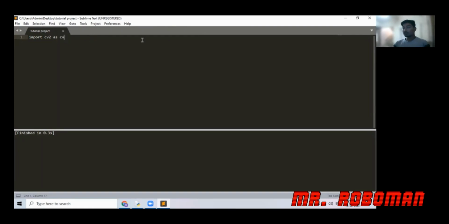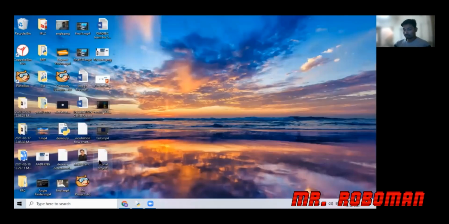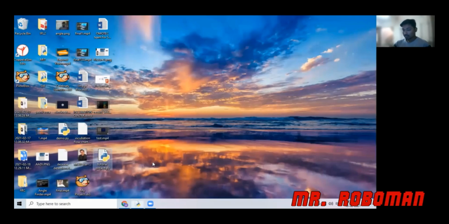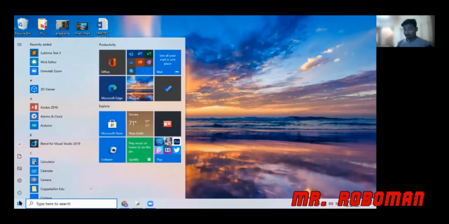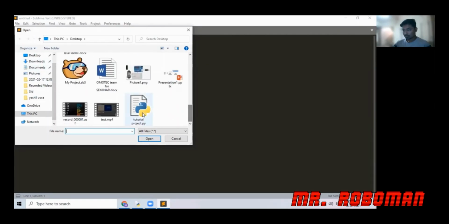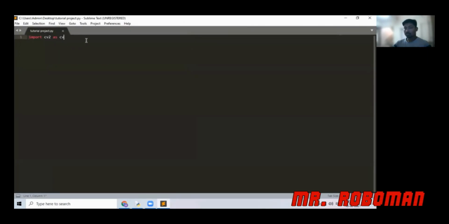Now to do that, let's go to the properties and just change it to .py, so that this particular file will become our Python file, and then we can go to Sublime Text and open the same file. Tutorial project, and I'm just opening it, and this is my Python file. So I'll just increase the font.